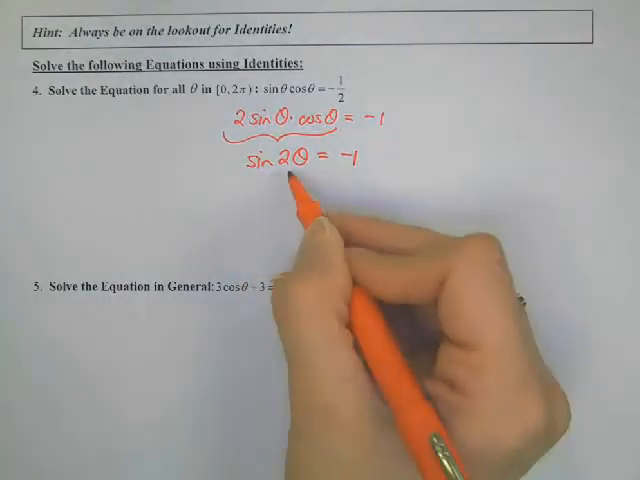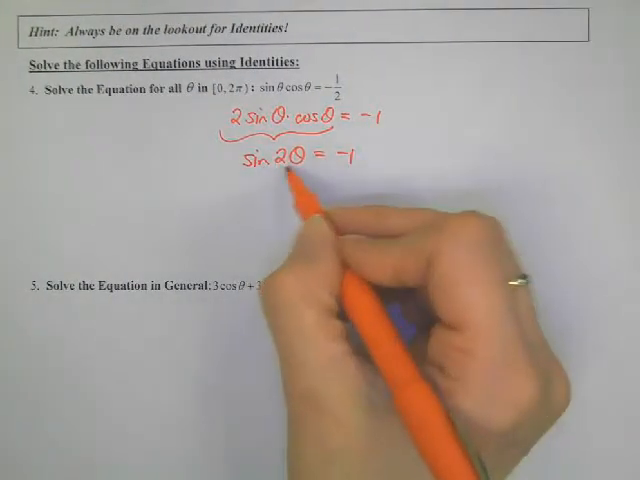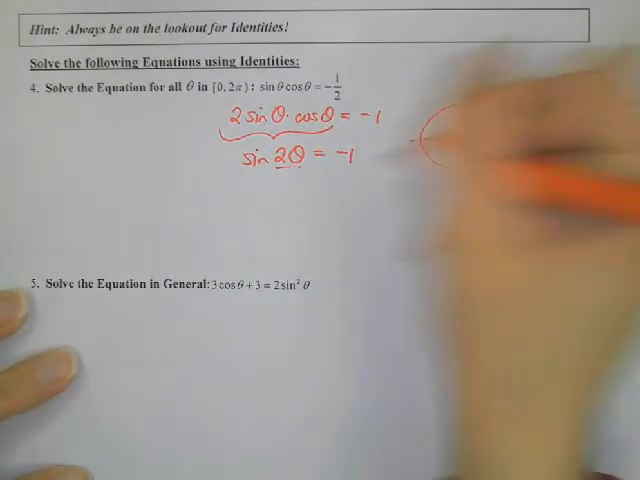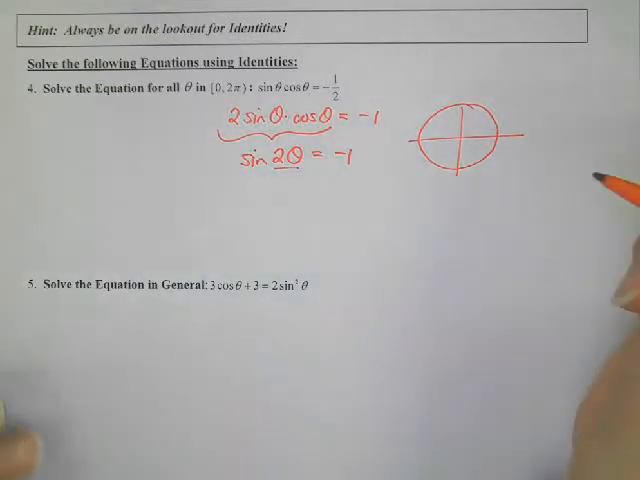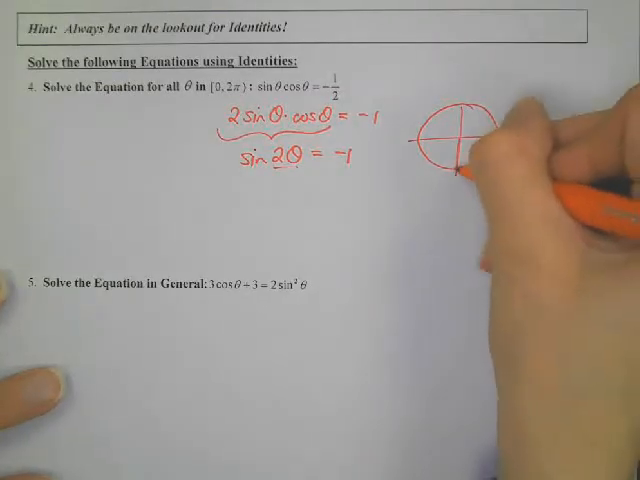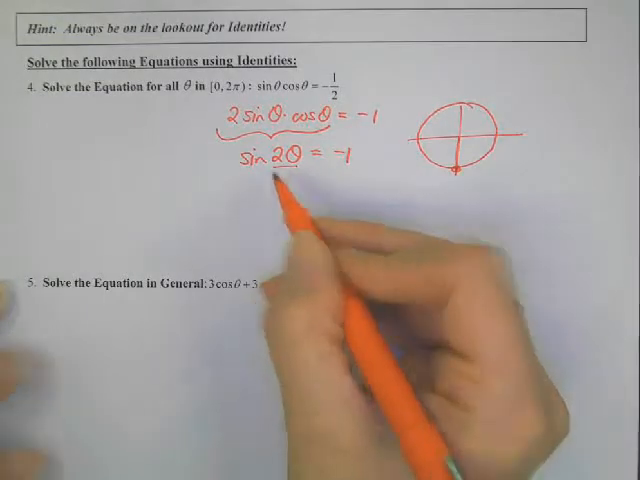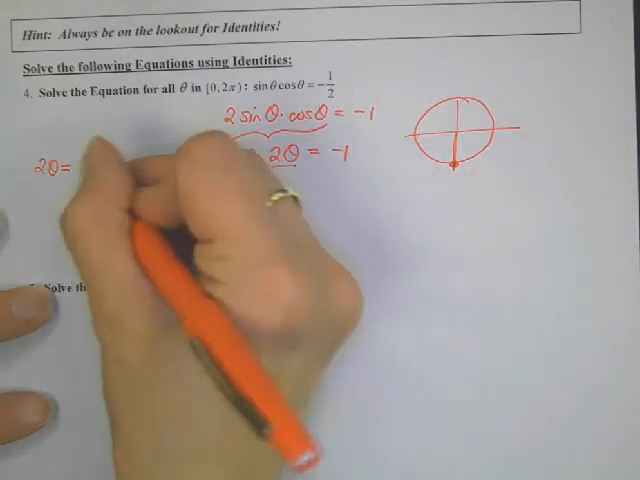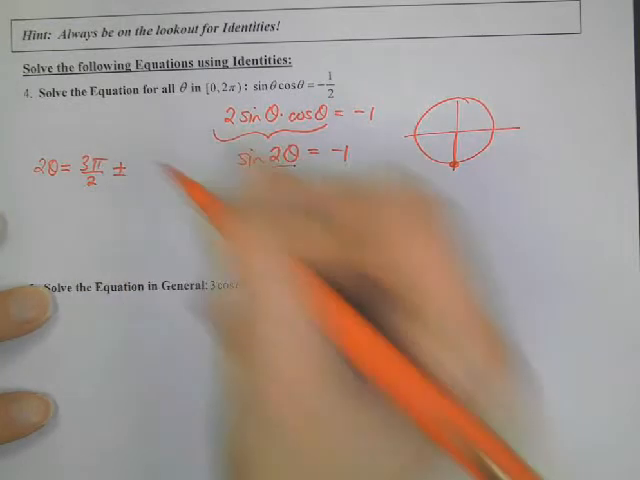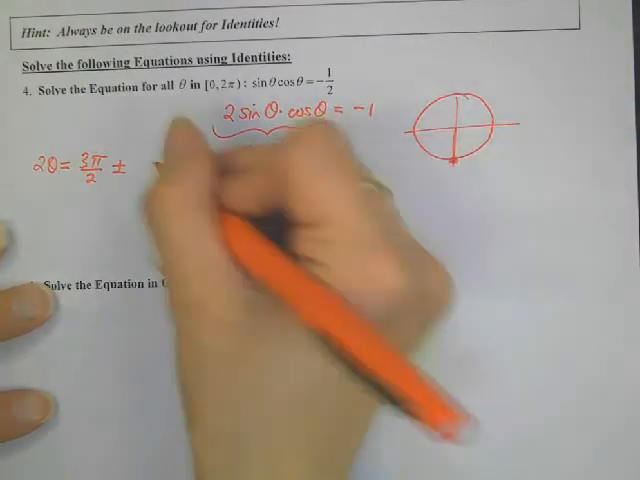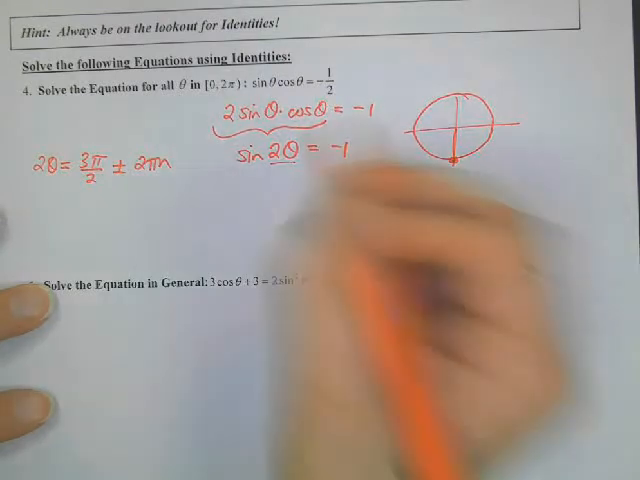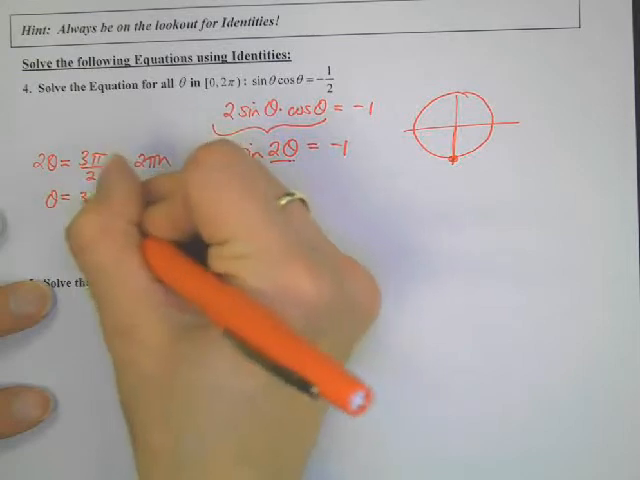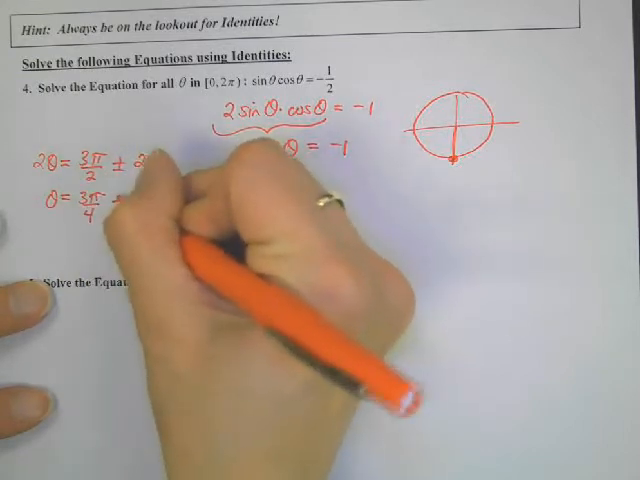Now that it's just one trig function, we can solve this. Where is the angle negative 1? Unit circle time. Where is sine negative 1? Oh, down here. Notice the name of the angle is 2 theta, so let's say 2 theta equals 3 pi over 2 plus or minus, it's going to have to be a full circle, 2 pi n. The name of the angle was 2 theta, so that means everybody has to get divided by 2. So that's 3 pi over 4 plus or minus